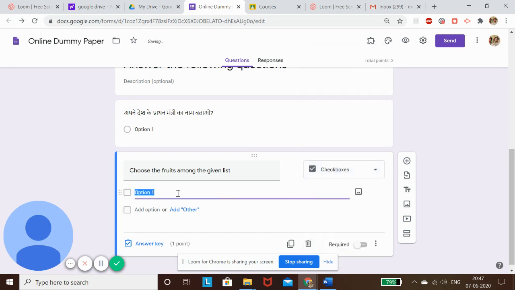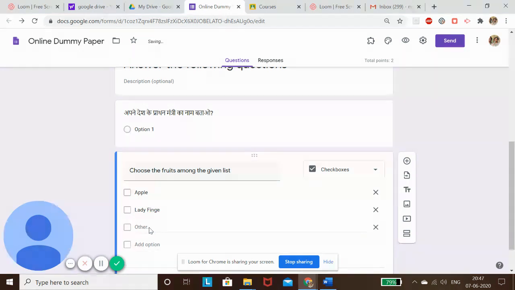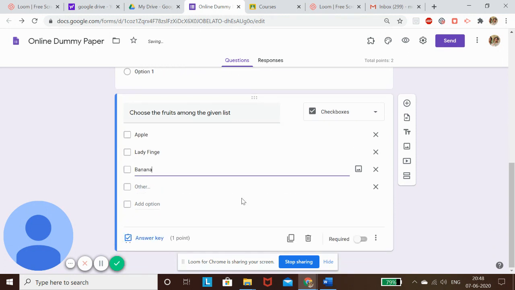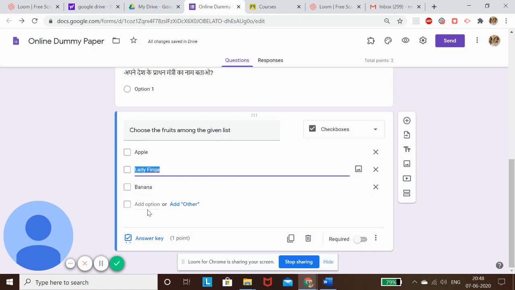Now I may have given various options as apple, berry, penguin, and now out of these given options, my two answers are correct, my first and second.